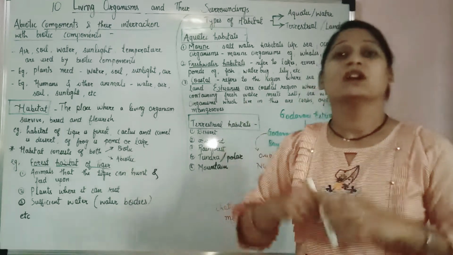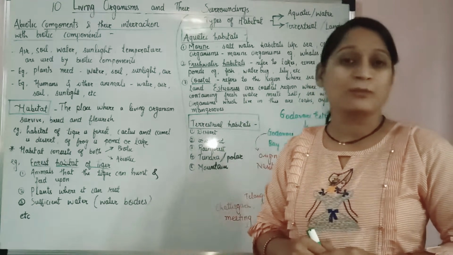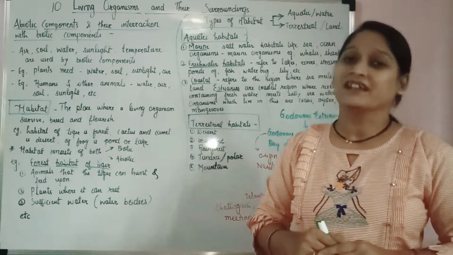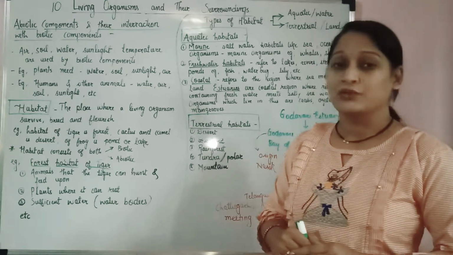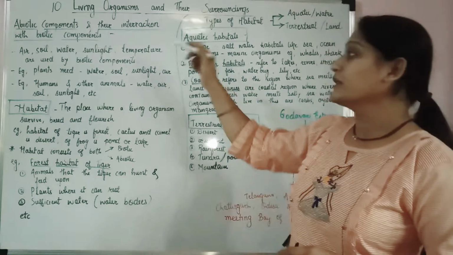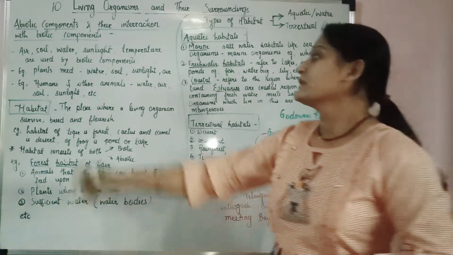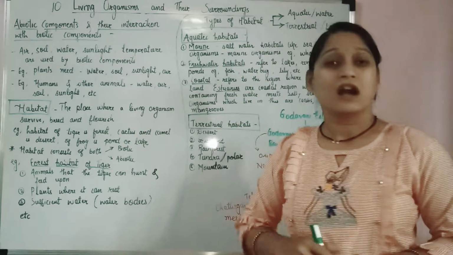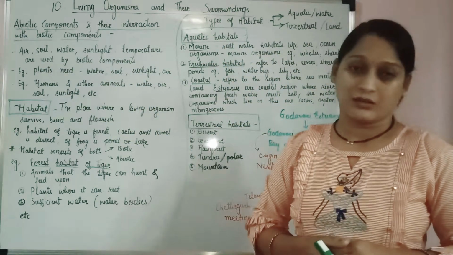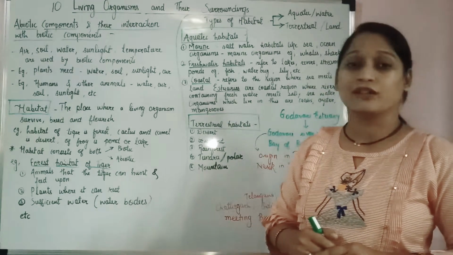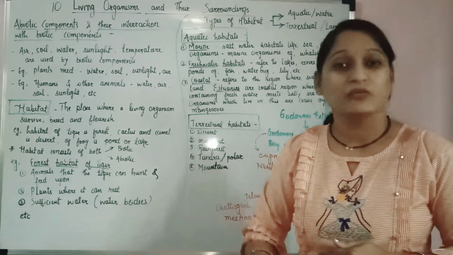As we all know, abiotic components are non-living components of earth, whereas the biotic components are living components of earth. So today we will see how the non-living components are interacting with the living components. Okay. So the air, soil, water, sunlight, temperature are used by the biotic components. What are these? These are the abiotic components which are existing on earth, which are non-living in phase.